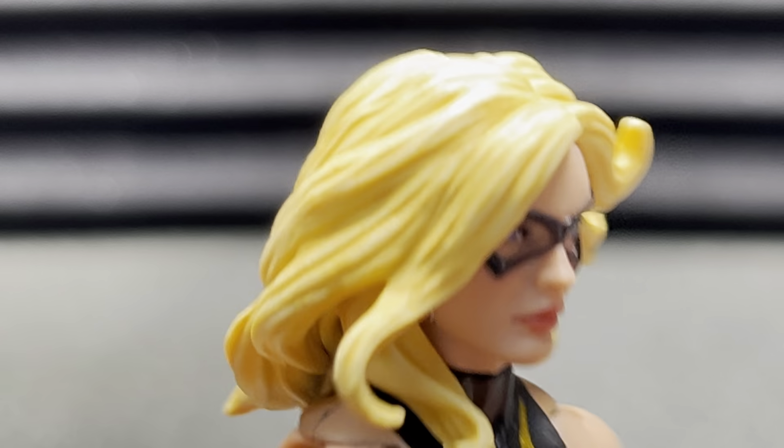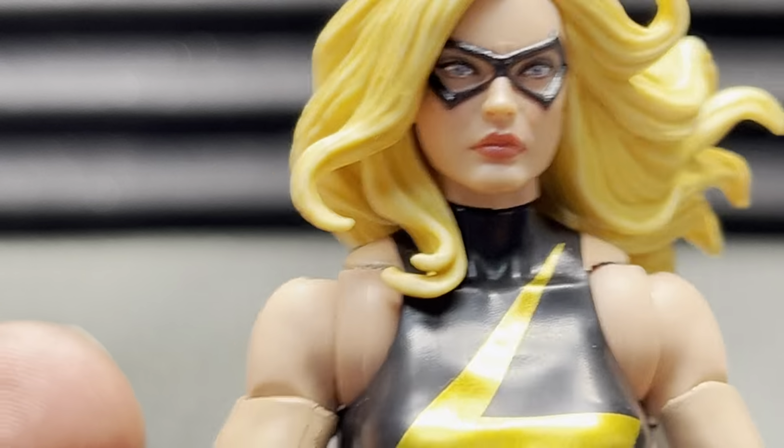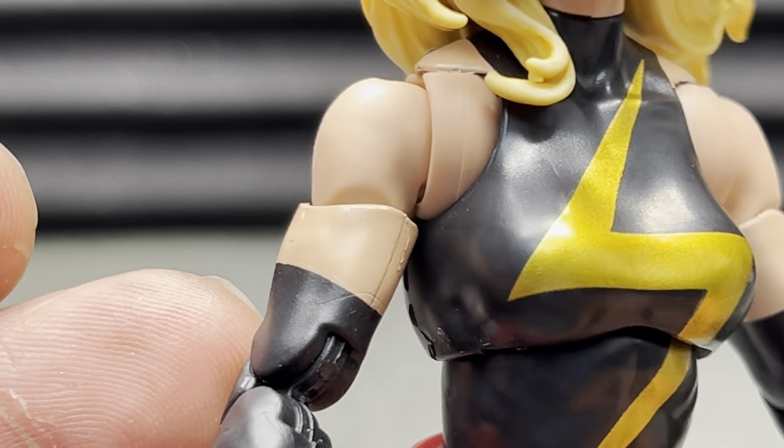Now, I will say it's always going to be difficult to paint skin tone over black. And so that's clearly what they have had issues with on this shoulder here. Clearly they have some paint issues there, and it's actually very noticeable. You can really see it on this side. I would almost say they should cast the body in flesh color, which they would never do, obviously, because they're cheap. But I feel like they should have just cast it all in flesh color and then painted black over the flesh, instead of trying to paint flesh over black, because it's always going to